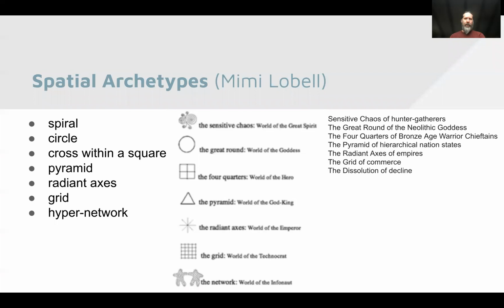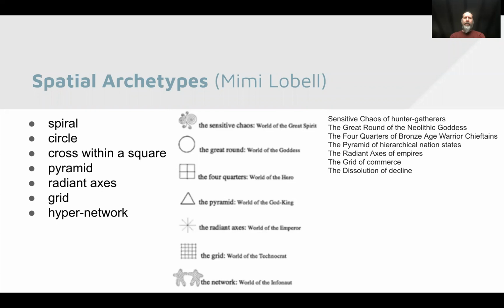And then also looking at architecture and archaeology and asking what kind of buildings people were creating at different times, and how that might relate to their worldview and spirituality and conception of what's going on in the world.